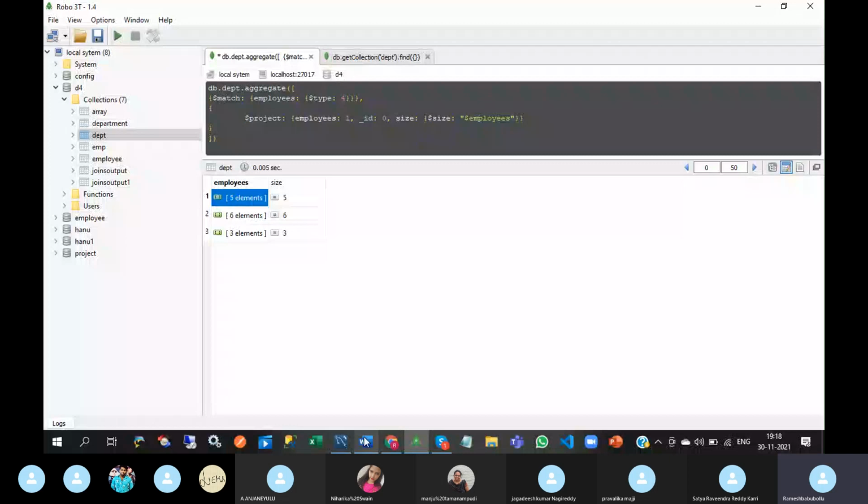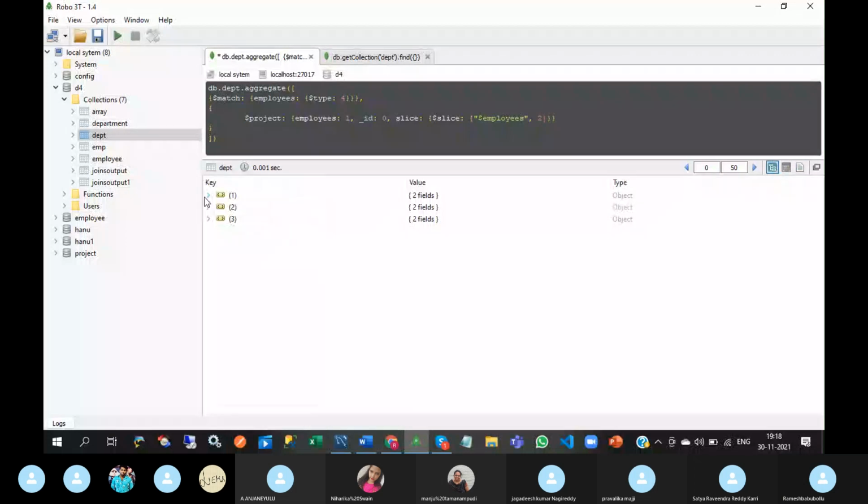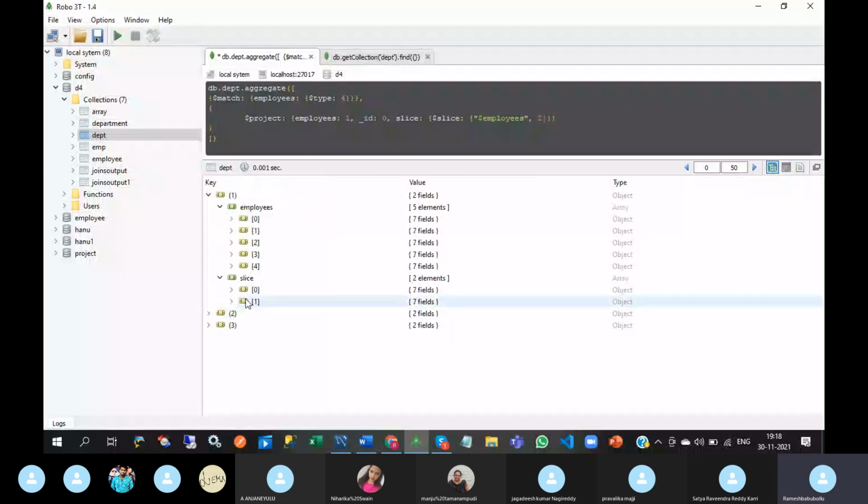And slice. Slice means it will return a subset of an array. So in employees, 5 objects are there. In slice, 2 objects are there.